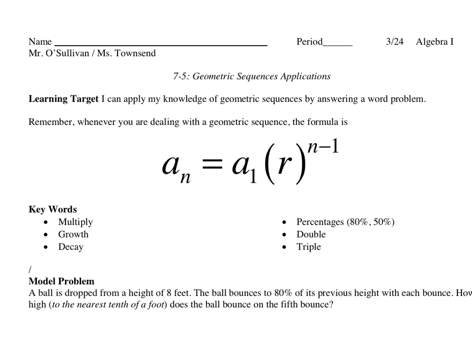Some key words that we're going to be looking at, some of the giveaways that it's going to be a geometric sequence word problem: multiply, growth, decay, percentages such as 80%, 50%, 60%, any number with a percentage, doubling and tripling. Whenever we're dealing with geometric sequences, the numbers are getting very, very large or very, very small. This is similar to what we learned in our last unit about